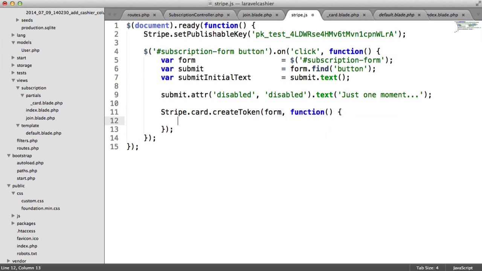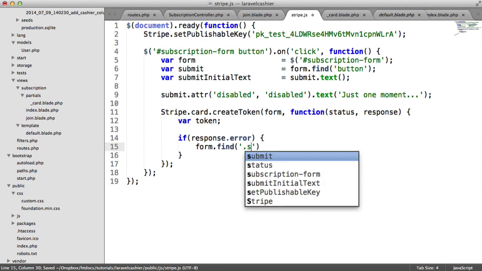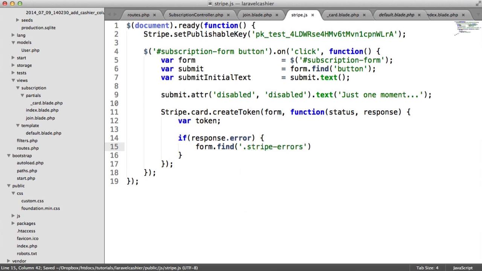Now we have a callback here, and inside of here we have the status and the response. So what we can do is we can check these in here. But I'm going to store a variable up here called token first that we're going to actually assign our token to. So in here we can say if response.error, so if there's been an error for whatever reason, we're going to say form.find. Now we're going to find a class called stripe-errors, and we're going to set the errors that have been returned from Stripe in there,